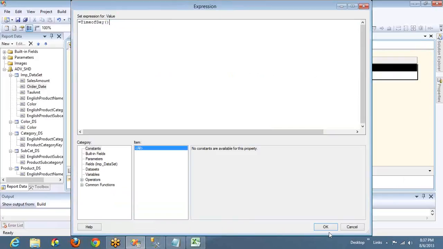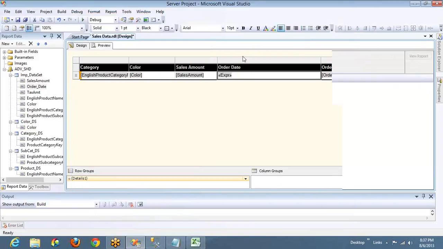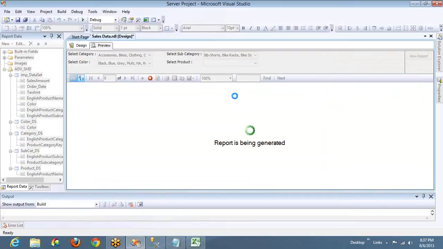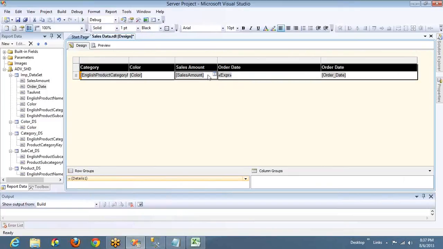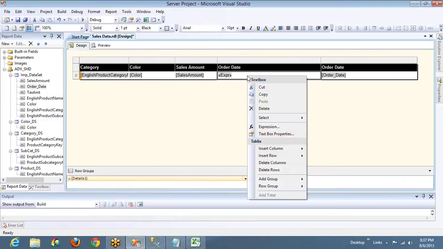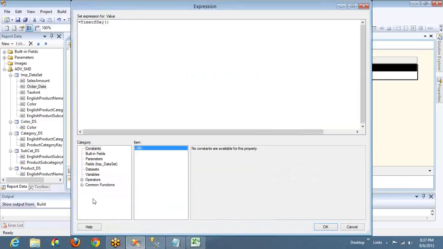So here if I take time of day, what it is returning is 1 1 0 0 0 1 and so on, slash, space, PM, right? I want only 8:37:16 PM to be written here. I don't want the first part, that is 1 1 0 0 0 1. How can you do that? I just want to show the time. Just try it out. Now let's go to the next function,